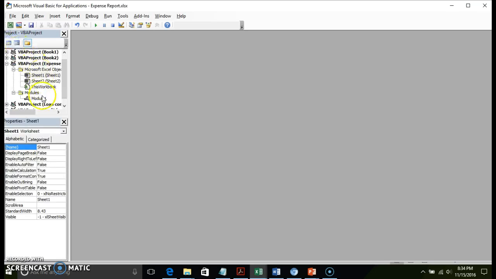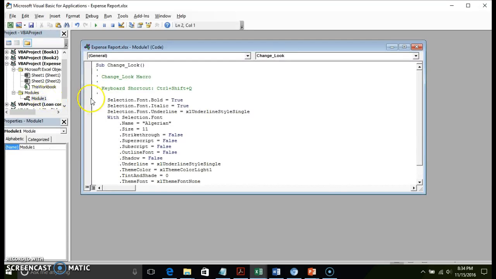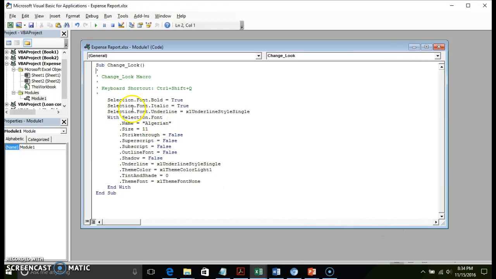So we're going to take a look at the macro that we created here. You go down to where it says Modules, and double click on Module 1. You notice here we've got what looks to be code. If anybody's ever done any kind of coding, whether it be Visual Basic or anything, you can identify what this code looks like. So we have a sub procedure here called change look. That's our macro that we created. It gives some comments here. There's this green text with a single tick in front of it. Those are comments in the code that give you the ability to put a description in it,